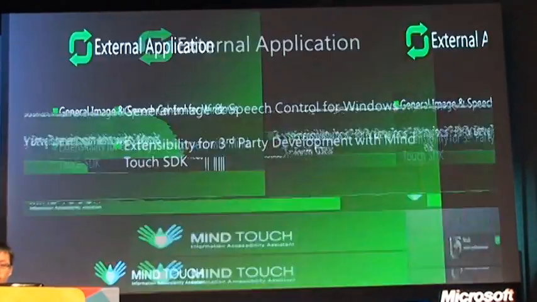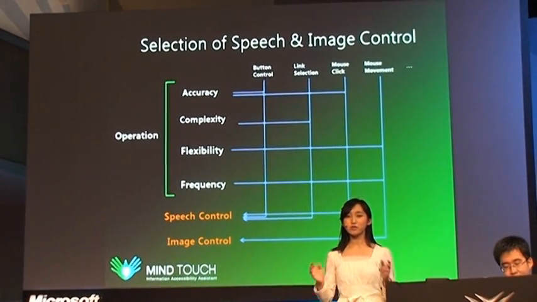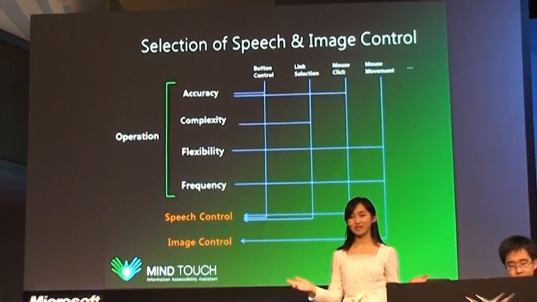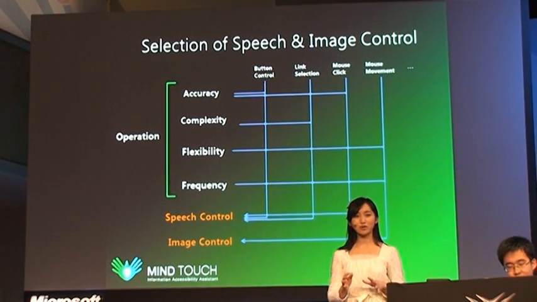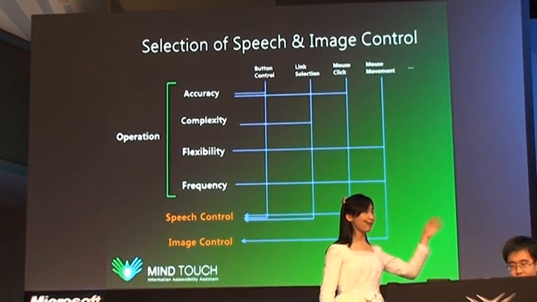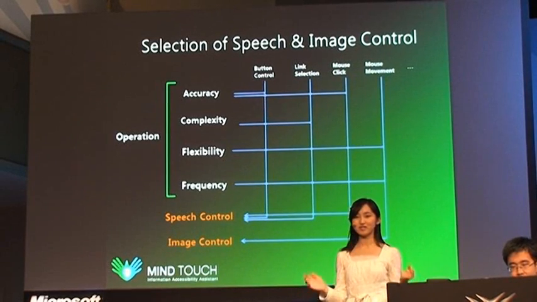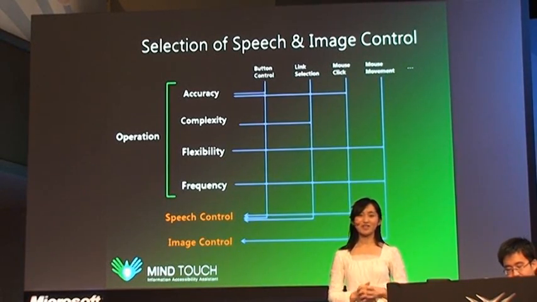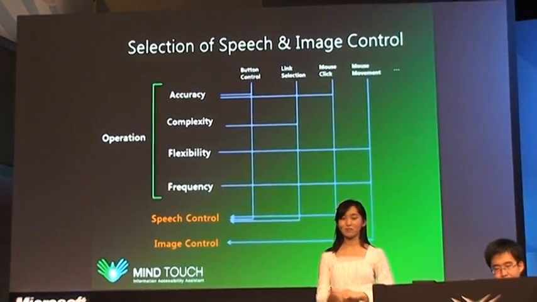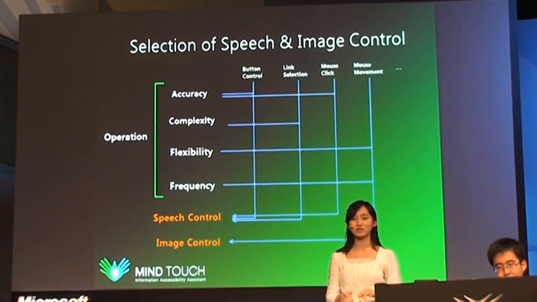As you just have seen, he uses a combination of moving his head and speaking out commands. And why do we use this control method? Actually, we did a lot of research and found the proper time to use each kind of control method. For example, if you want to move a mouse, you'd better use image recognition because it has enough flexibility. If you want to single click or double click on your mouse, it is better to use speech recognition because it has enough extensibility. With the combination of these two, the user can flexibly control the cursor.